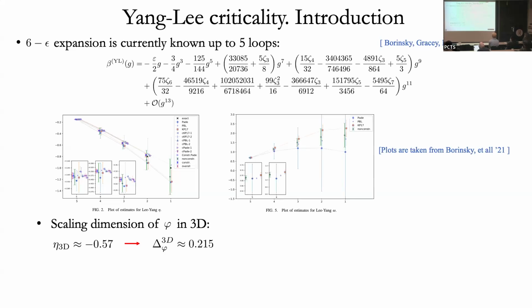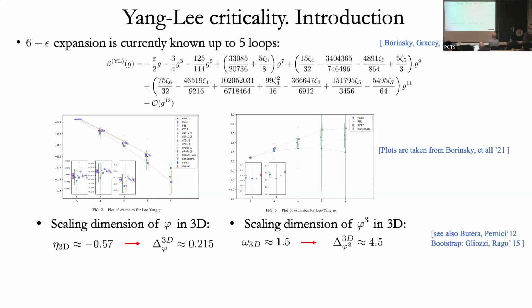And they also computed the omega scaling exponent, which is the anomalous dimension of the phi-cube operator, and it's around 4.5. And there's also a high-temperature resummation series paper by these people. They went to very high order in expanding the partition function in a polynomial, and they pretty much agree with this result for the scaling exponent of phi. So I think we got quite confident from these results that the scaling exponent of the phi field should be around